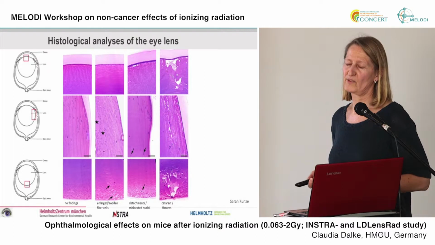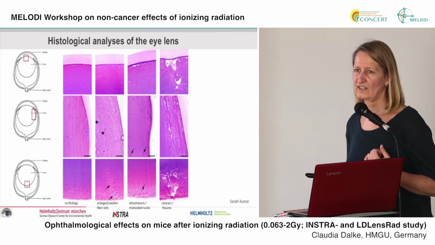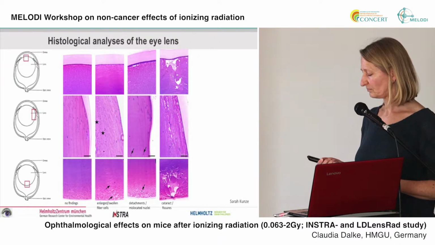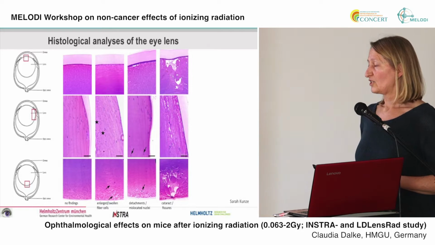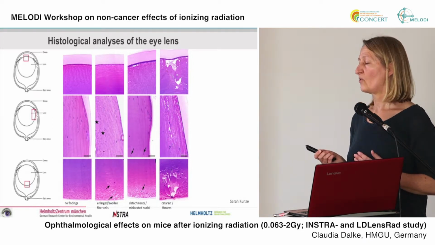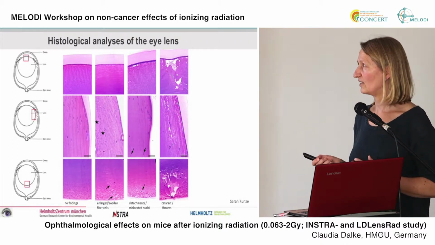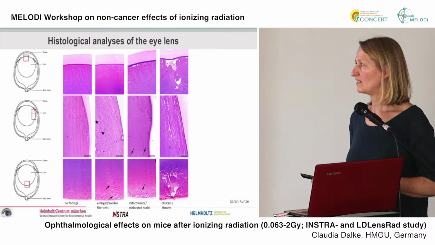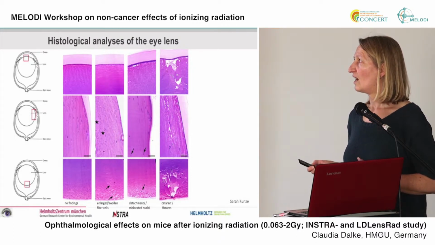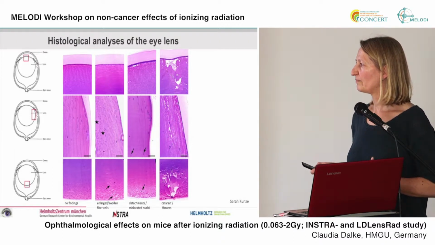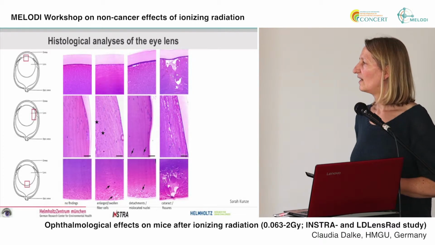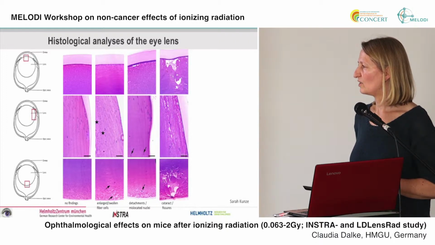And to check, especially for the posterior subcapsular cataracts, we did histological sections of all eyes from irradiated mice we had, and checked the histological sections for disturbances of the lens structure. So this is an example always without some findings in the anterior part, the lens bow region, and the posterior part. And here we have some enlarged and swollen cells and some small vacuoles. Here, these are really big swollen cells with the stars,